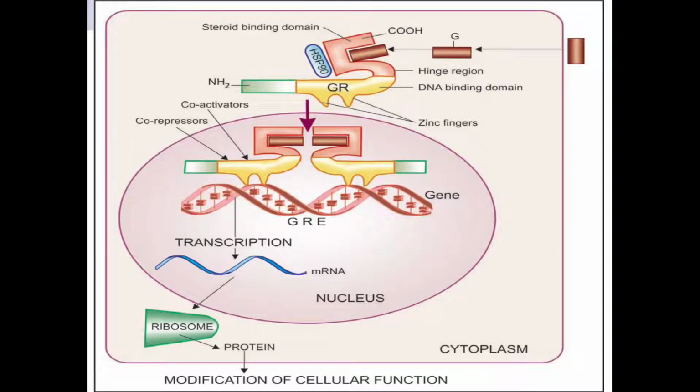So it is basically a nuclear receptor. Again, see, when glucocorticoids bind to their receptor in the cytoplasm, the receptor is activated and goes to the nucleus. Here there is dimerization of the receptor, which ultimately binds to the DNA of the cell, and here it causes transcription and translation and ultimately produces the protein which modifies the cell function and produces the response. Examples of this are the glucocorticoid receptor, vitamin D receptor, thyroxine receptor, all are nuclear receptors. Okay, so we have already seen G protein coupled receptors, enzymatic receptors, and nuclear receptors.